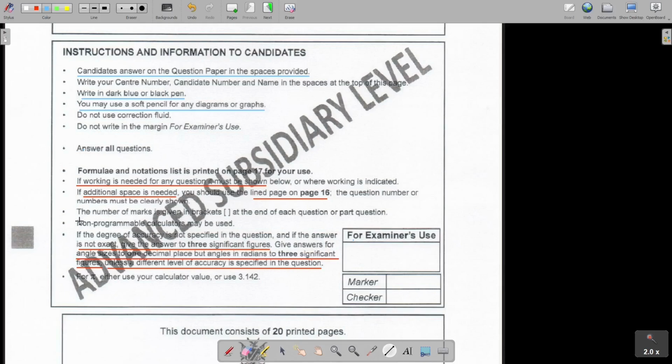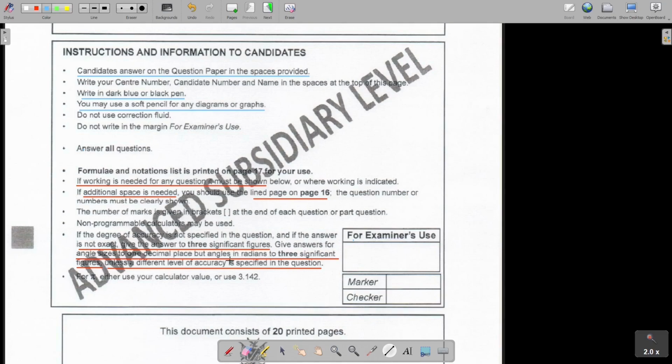The next one, this is the marks, non-programmable calculator. I think it sometimes slips that people take in others' calculators, but actually they lose marks. It was noted, this stands in the report, that some candidates use calculators that can differentiate and integrate. Candidates who use these must be taught to show all the steps of their work. No marks are awarded if only answers are given. So this is very important that you know that.